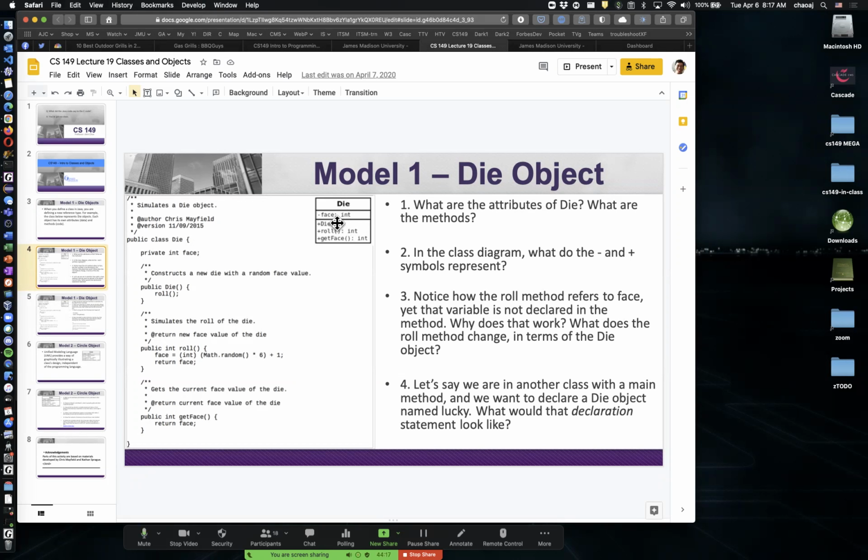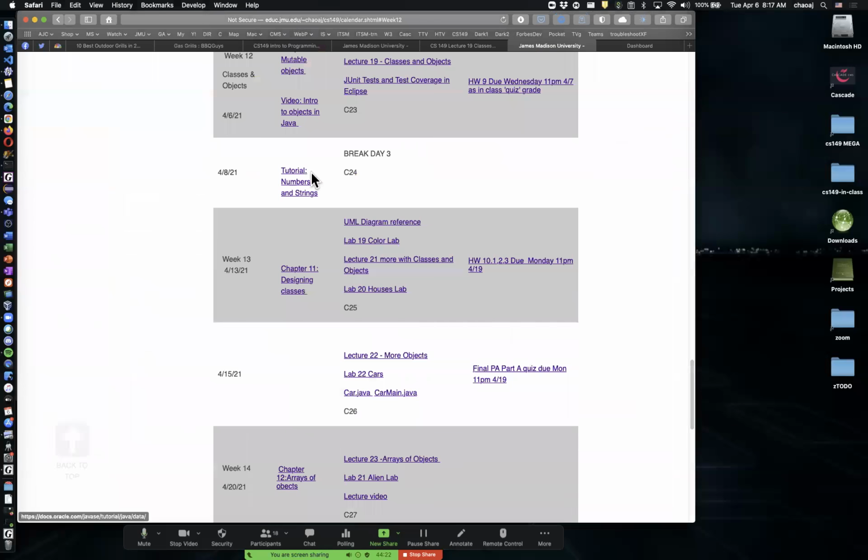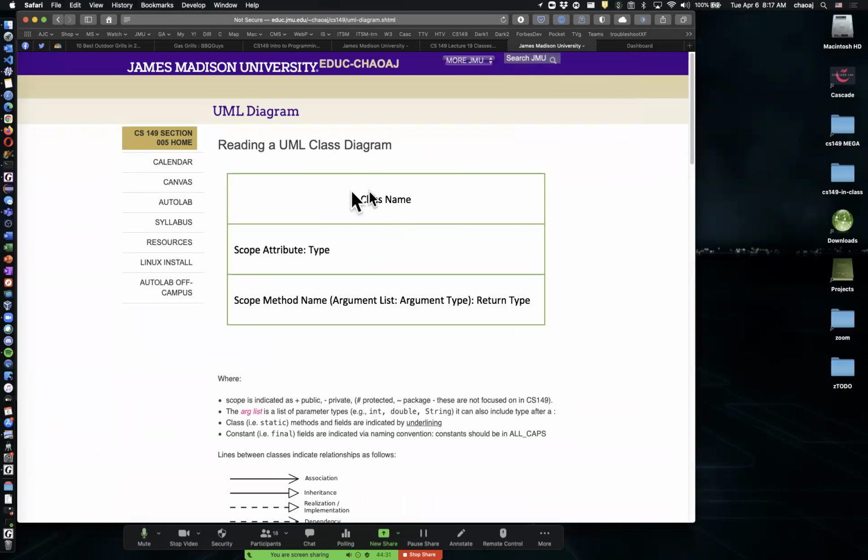the die. And so when we read these UML diagrams, there's a piece inside of the website here, inside of the calendar here, this UML diagram reference. This is giving you the background for how to read these UML diagrams. I felt like this was important enough that I wanted to give you a cheat sheet, a reference page to go over that. The book goes over this, but I feel like it's harder to just read that stuff than to see it on a diagram. And so this is a diagram that I built to more easily represent some of